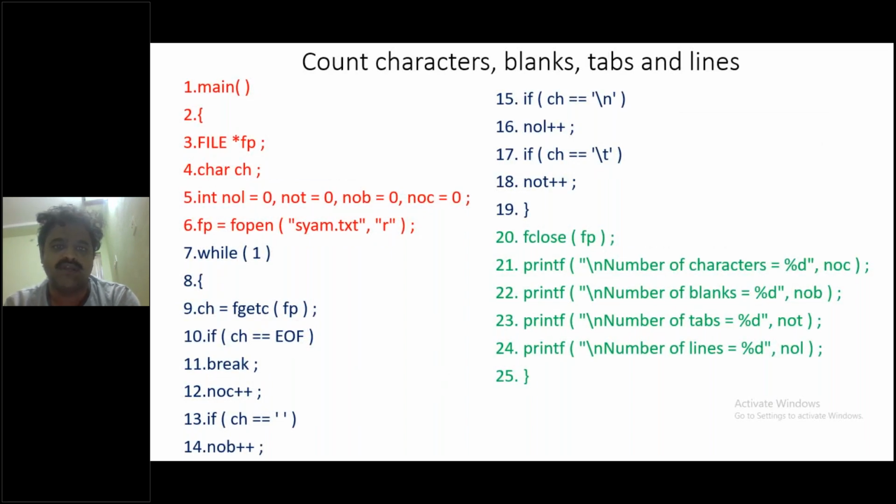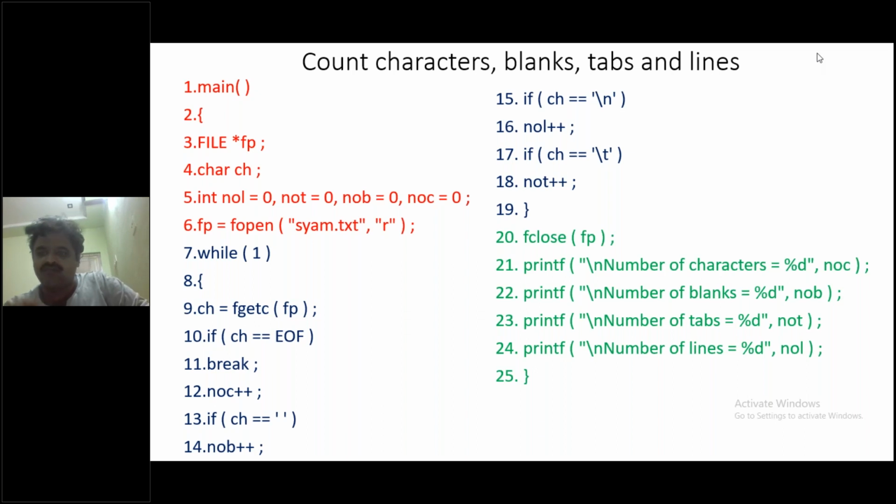Let us imagine this file is associated with some information. Now our aim is to find out the count of the number of characters, blanks, how many tab spaces, and the number of lines.